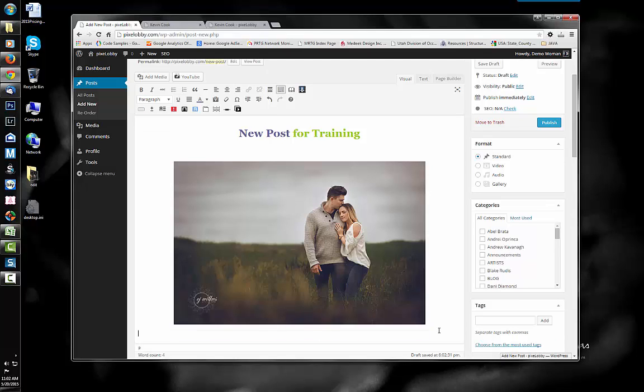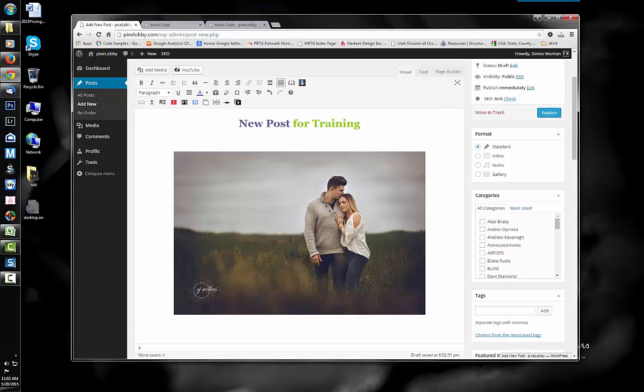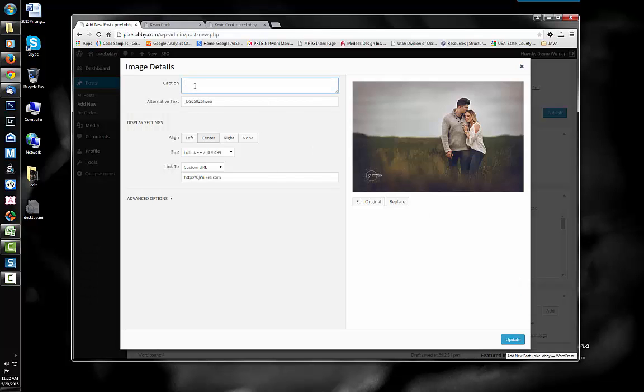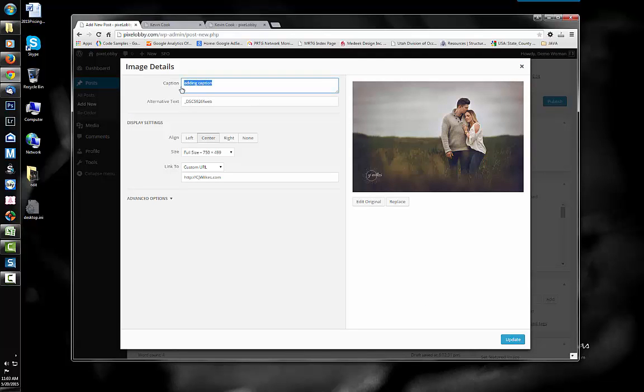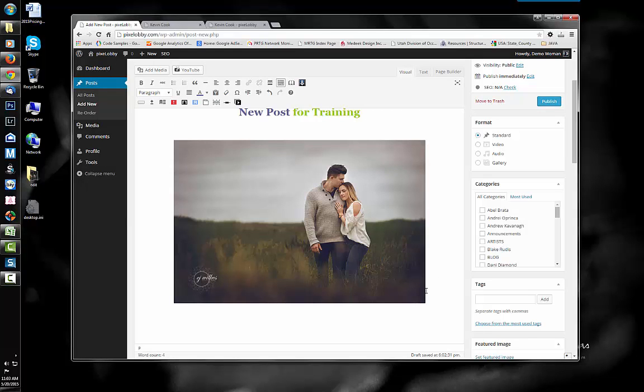So I like how that looks, except I have my logo, but some people will like to edit it and add a caption. If you add a caption and update, it will bring a nice little border and whatever you wrote there. If you decide you don't want to do that, you can always go back in again, delete that, and hit update, because the watermark's on it. I think the other is too redundant. Alright,